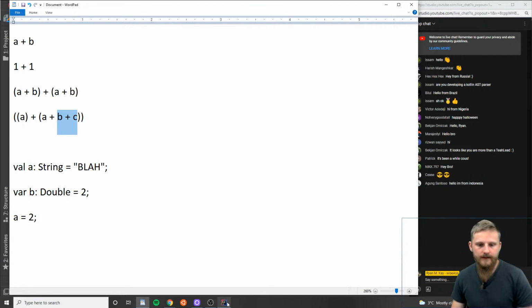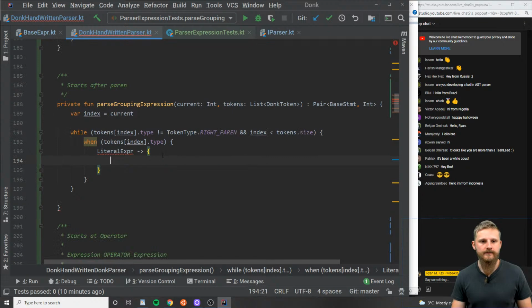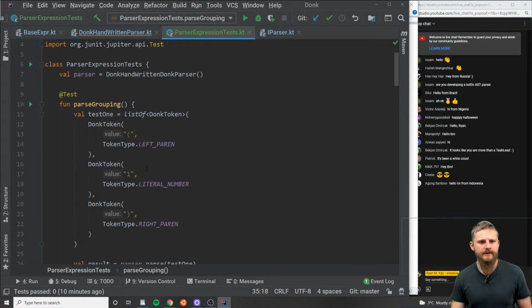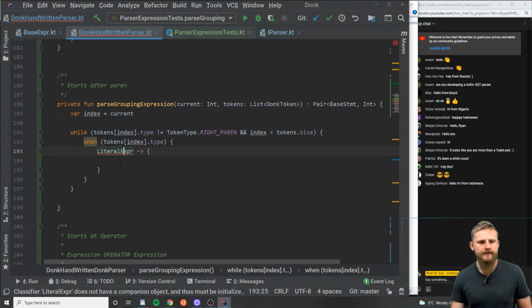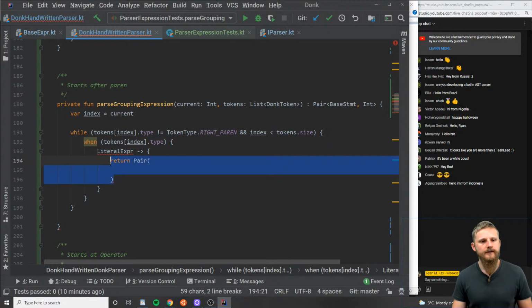Well, again, in keeping with my convention, let's just solve the test at hand, and then hopefully we'll see what happens after that. So for the time being, our test says we're just trying to create a grouping of one literal number. So we're just going to say literal expression. If it's that, we're going to say return pair. Do I want to do it like that? I think what I want to do is